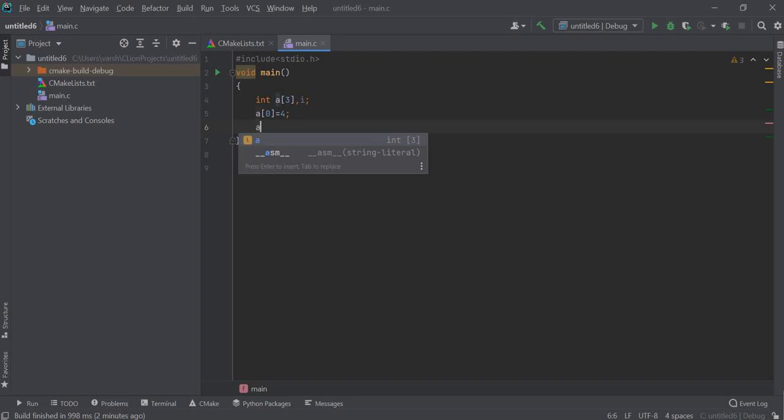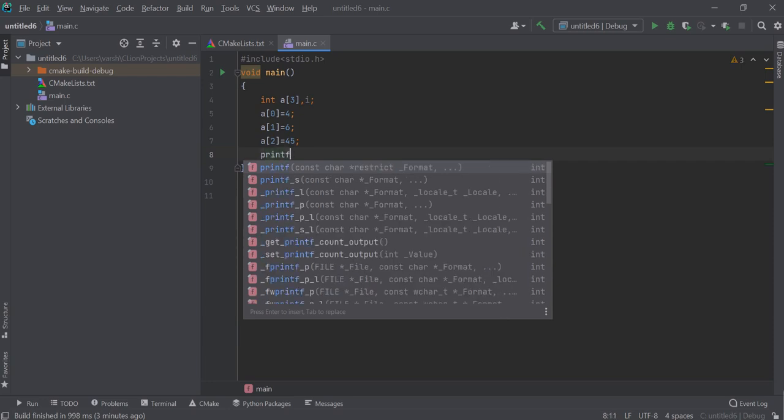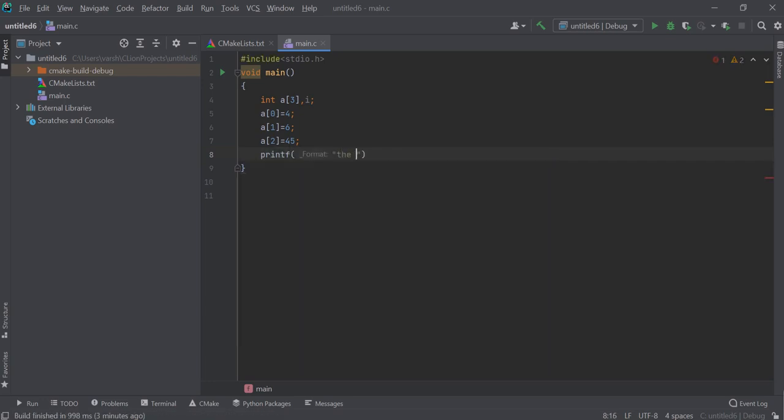And this is another way to assign the value to your array. So you declare each and every index and assign the value. So index 0 would have 4, index 1 has 6, index 2 has 45. And my elements are going to be